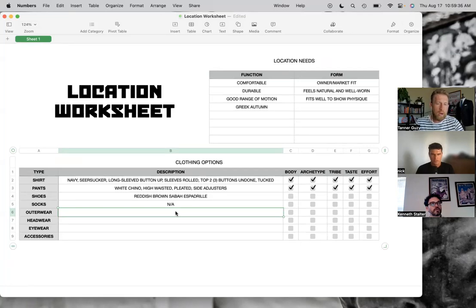So for outerwear, because it gets that cool in the evening, where my head goes, especially with this being kind of drape and flow and all of that, would be to do something like a thicker knit cardigan, something that we could wear that's going to,